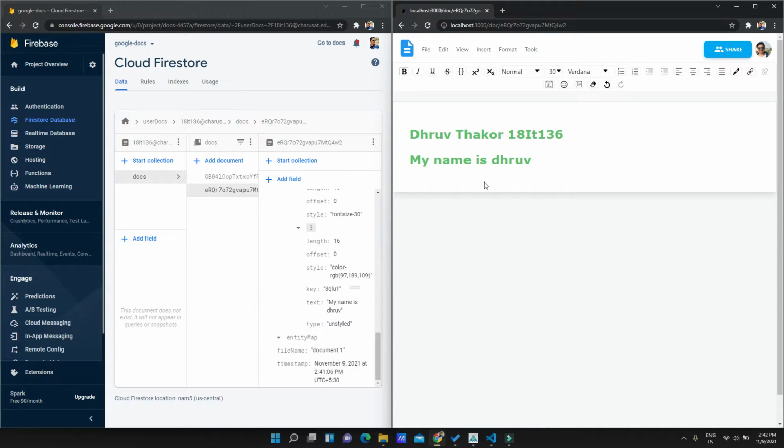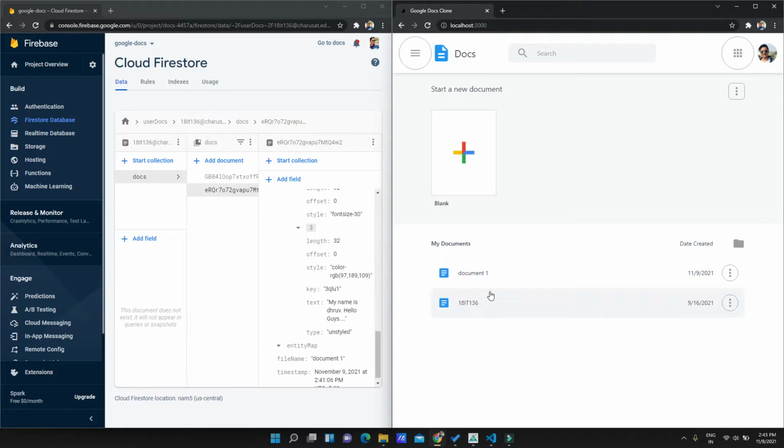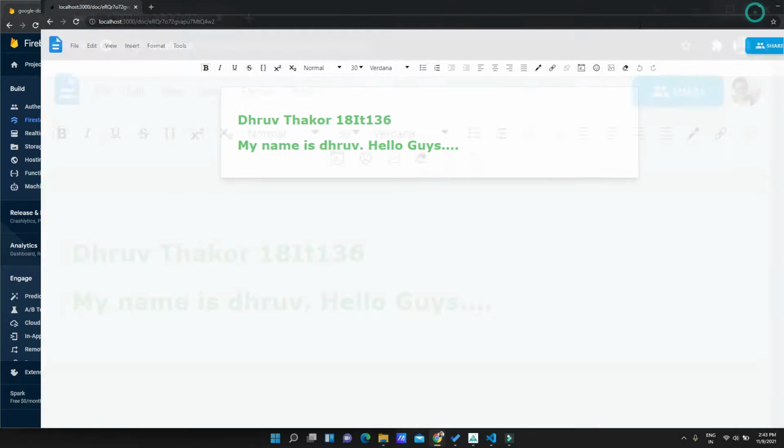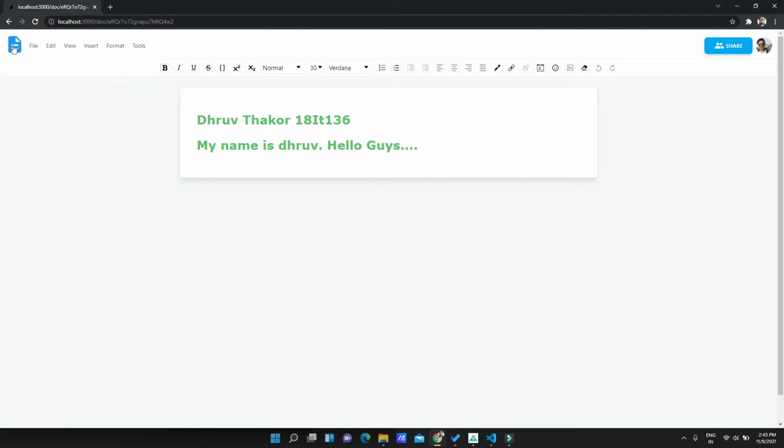It is directly fetching data in real time, so we don't need to save the document again and again. By clicking this document we can go back to the home page and click on it again, and we can see all the documents which are being saved on the Firestore database. So this is the main working of this project.